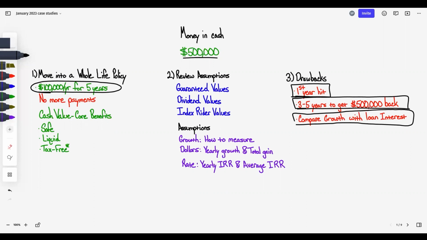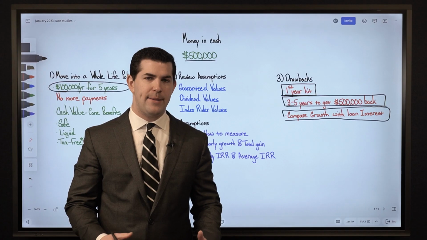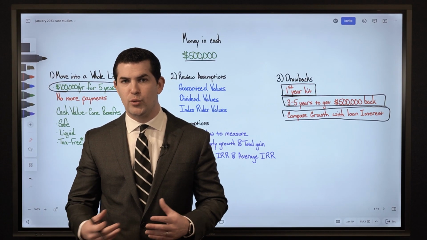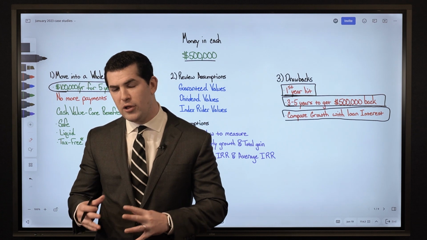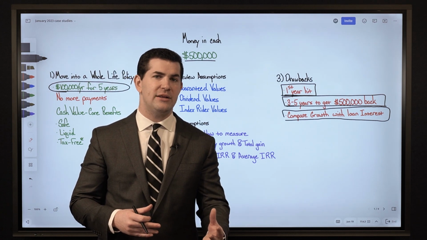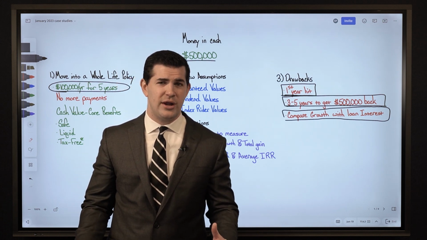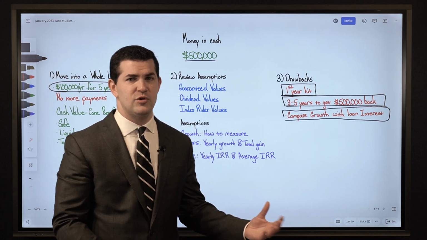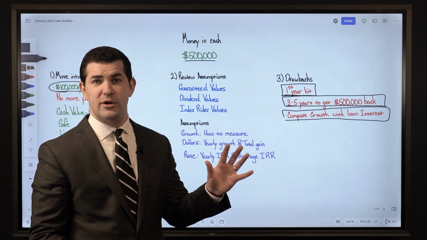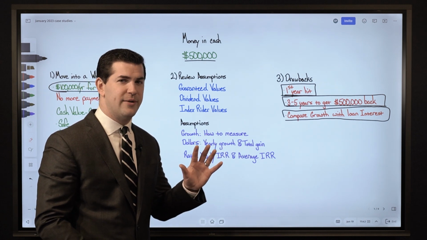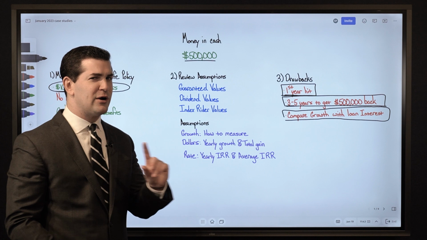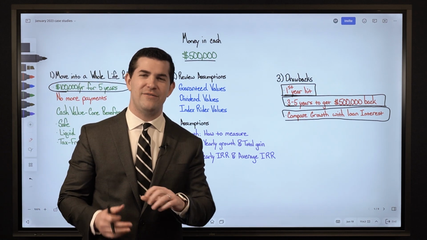compare the growth with the loan interest. So if someone is planning on actively using their policy, perhaps for real estate opportunities or whatever it might be, if they're going to take a loan against their life insurance policy, they want to know what that cost to borrow is. Not just the interest rate, because I can say the loan interest rate with this product is 5%, because that's what it is. It's a fixed 5% loan interest rate, with a couple other items to be aware of that I would check out in our All About Guardian video.